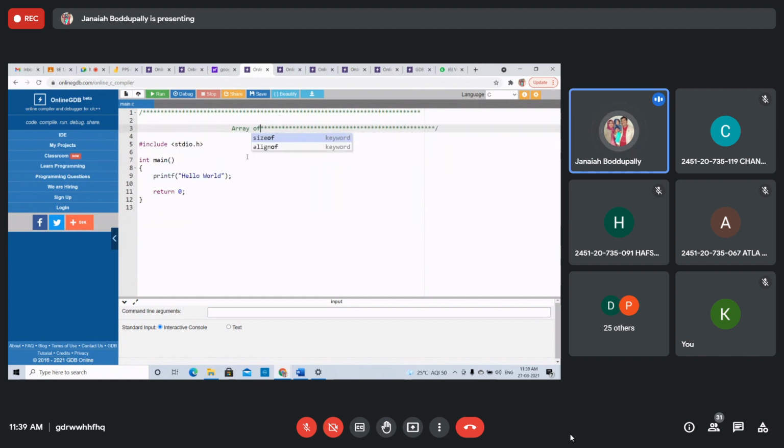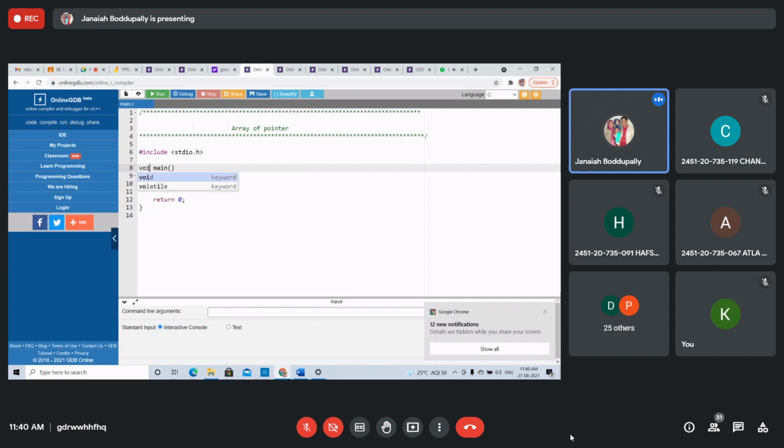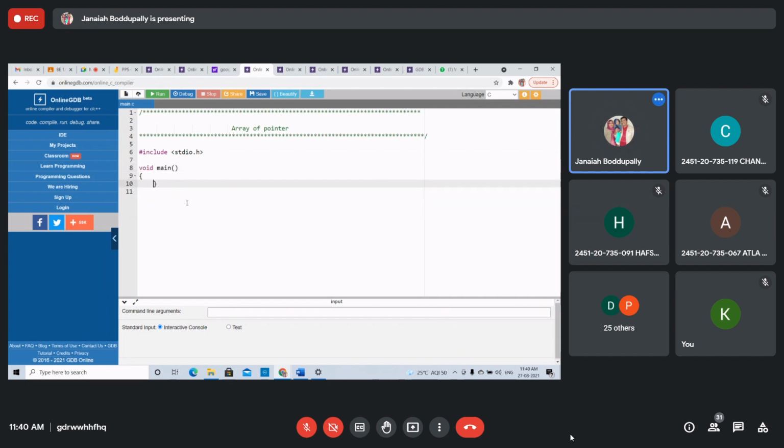Array of pointers, the first program. Void main. Declaration, how to declare the array.